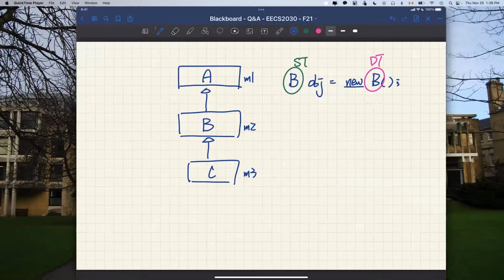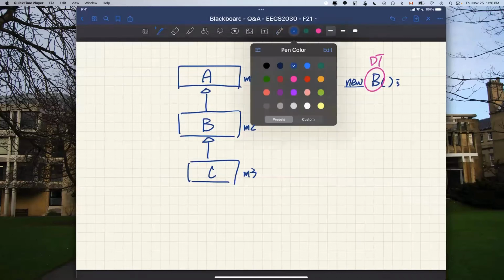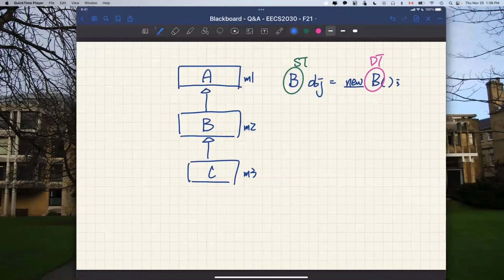That's exactly what you were asking. Let's talk about downward casting first. So let's say downward cast, right? Let's say for objects, if you're trying to cast that, you can see the static type is actually B. If I try to downward cast to C,